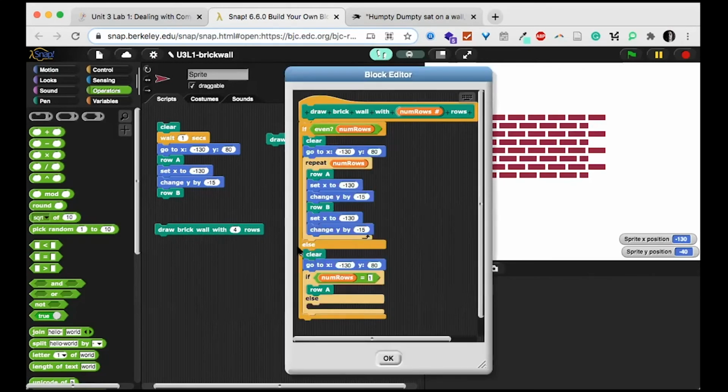Because we have, if it's 1, it just creates row A. Else, it doesn't do anything. That's when we put 3, it didn't do anything. So let's go ahead and try to figure out what to do here. So this is how I did it. It's quite complicated, but